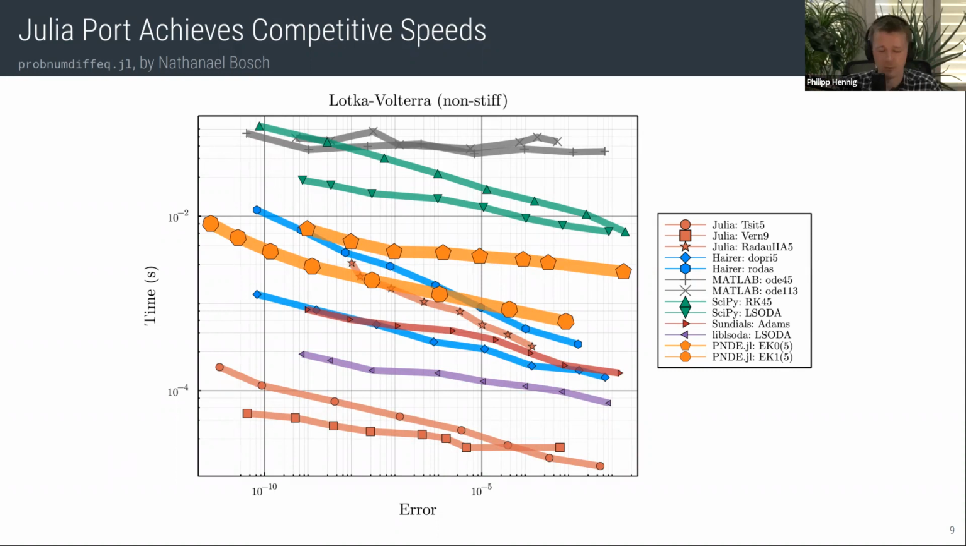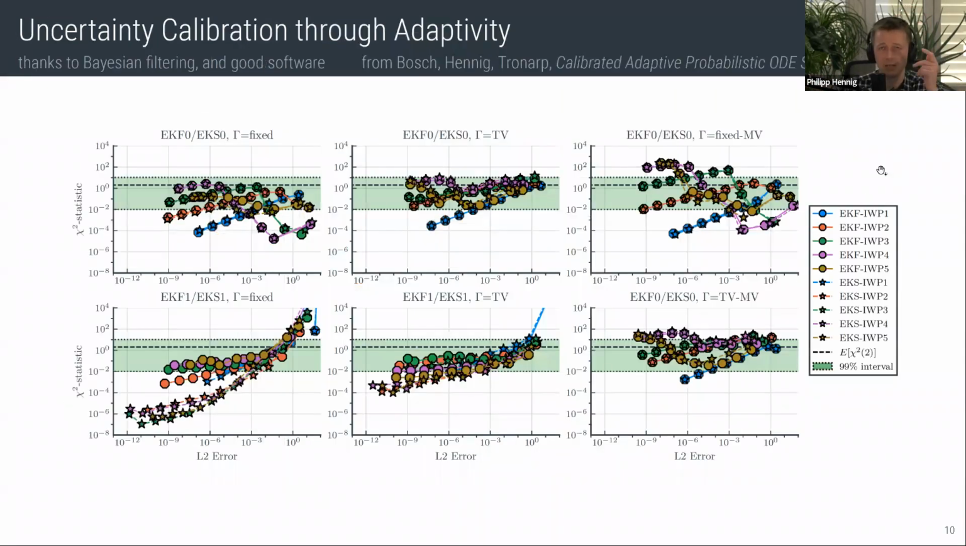Build interesting new stuff on top of it. But then I said there's also a new quantity, this uncertainty, and that is somehow calibrated. So let me show you a final plot for this. This is another paper that was in AI Stats this year,